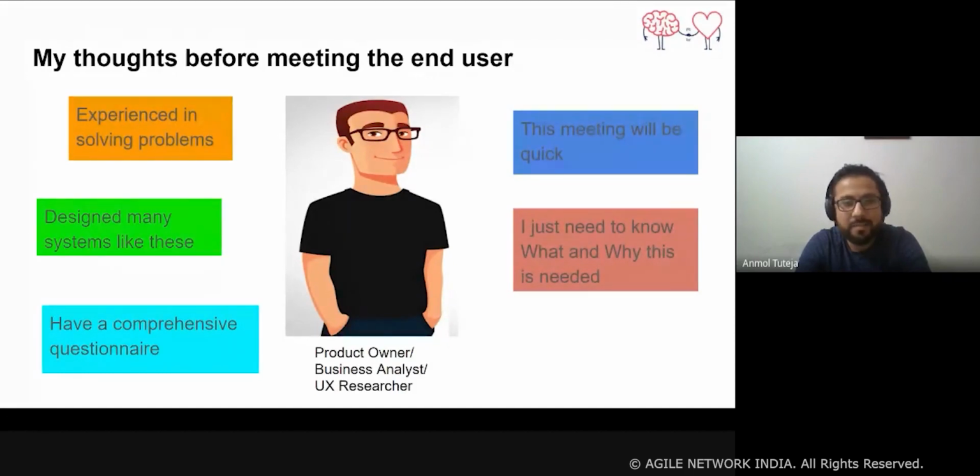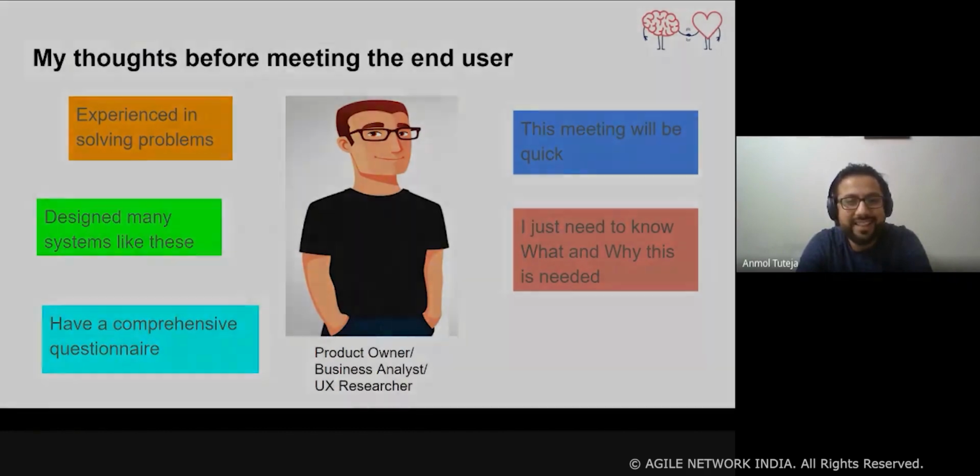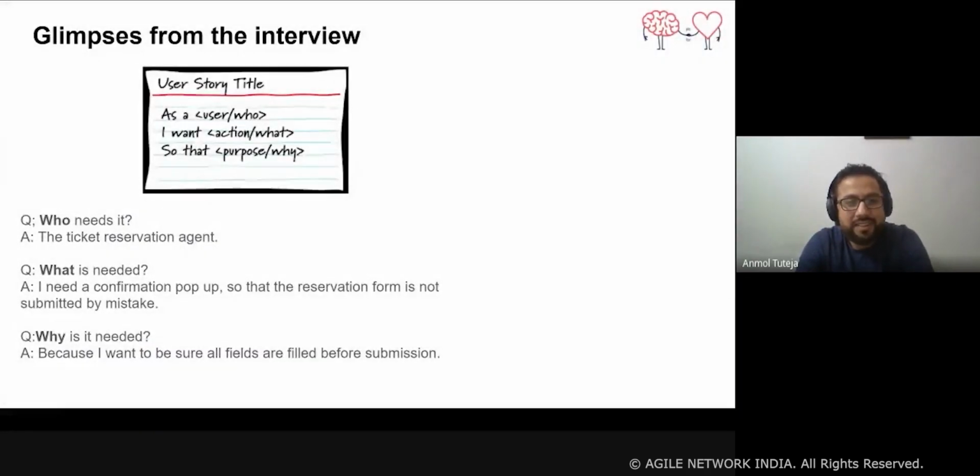Pretty much format oriented, how we are structured and brain wired to ask questions. I thought this meeting would be quick, and I just needed to know what and why this particular item is needed. So I went into the meeting. We are always told that to write a user story, we need these three things: as a user, I want this so that I can do something. So similarly, to get those